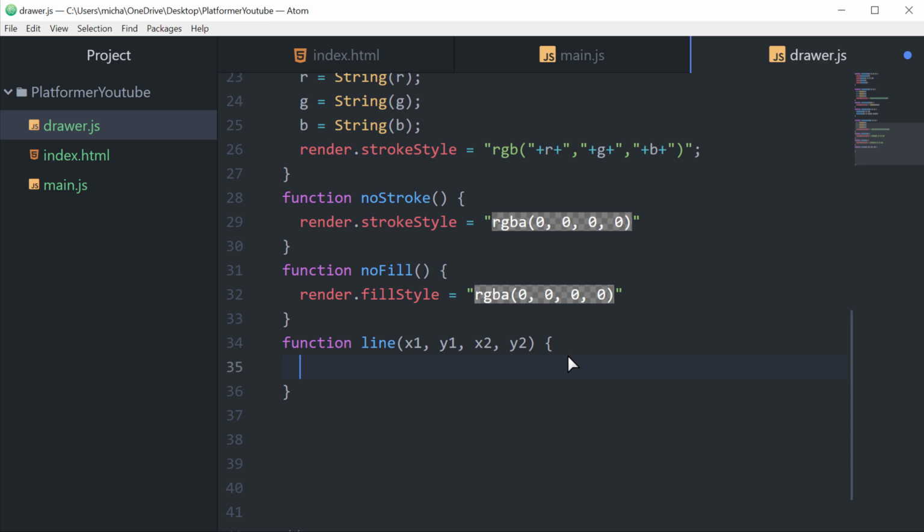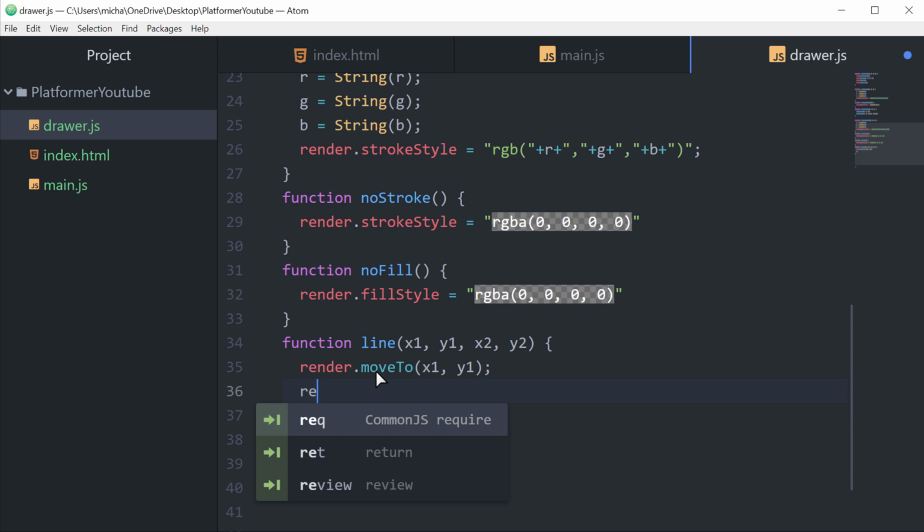So the way this line works is kind of weird. I don't understand why JavaScript works this way. It's something called like turtle mode or turtle drawing. I don't know. Render.begin, or sorry, no, I was looking at something else. Move to x1, y1. So when I said turtle mode, imagine this: you have a turtle with a pencil taped to its butt. So the turtle moves to this position, x1, y1, and now dot